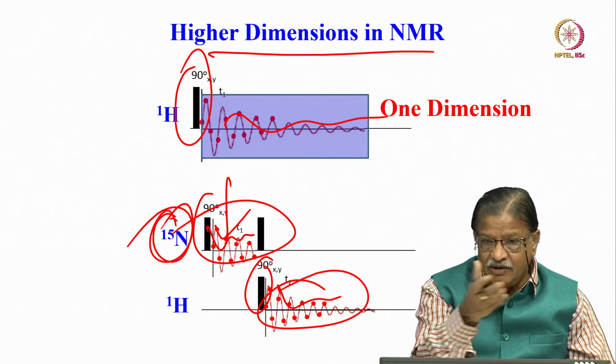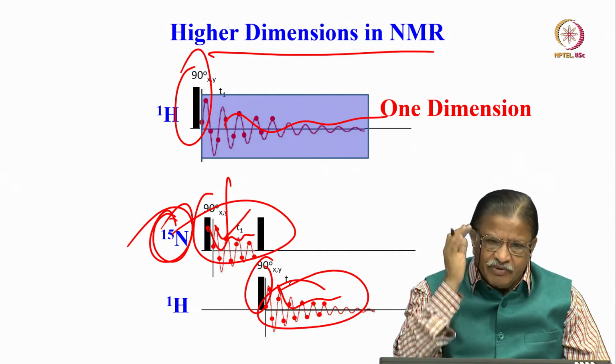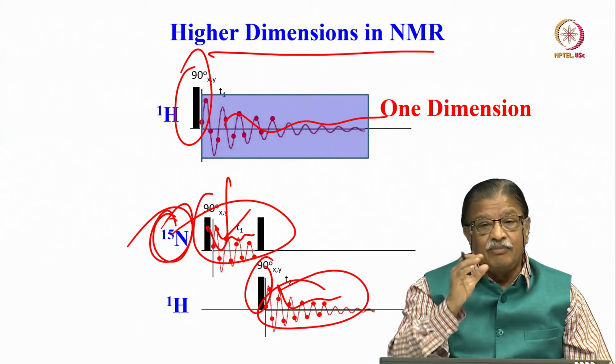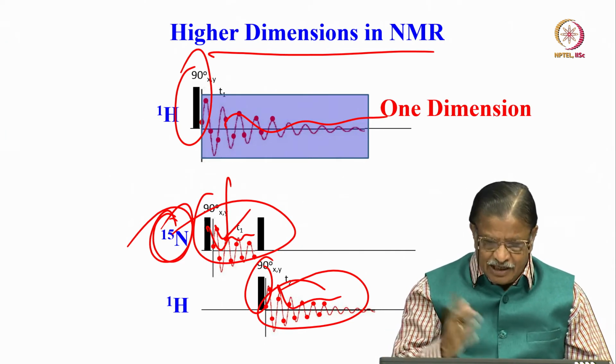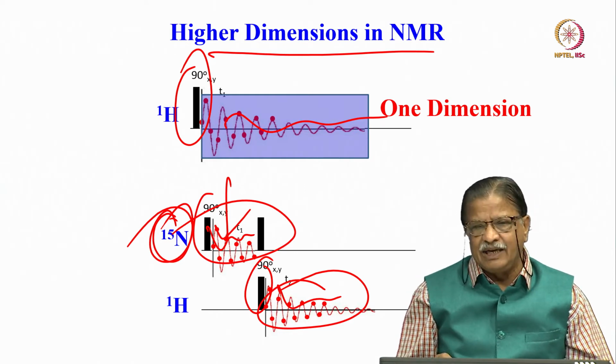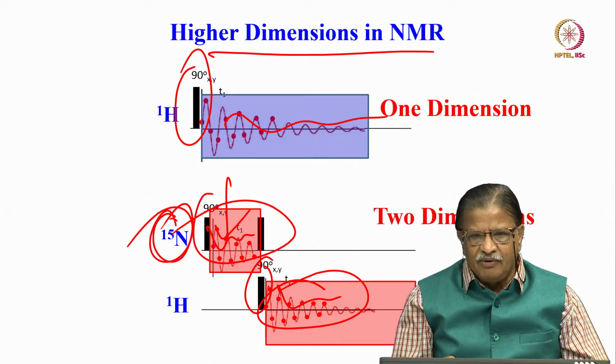That is what I said. What is restricted in the 1D, it is possible here. Using 2D data, you can selectively detect 2 nuclei, or even 3 nuclei if you go to 3D. It is possible. Okay. This is how we collect 2D data for 2 different nuclei. Now, this is 2 dimensions. What is 3D NMR then? Can I go to 3D, 3-dimensional?